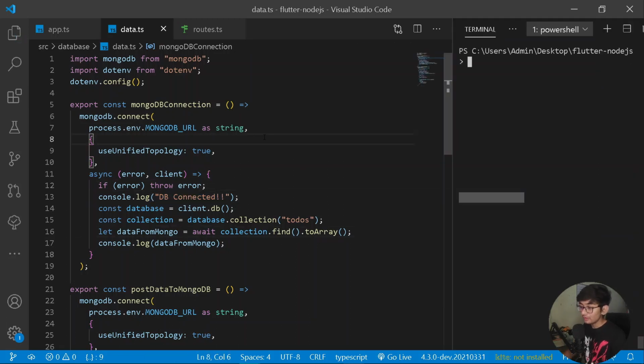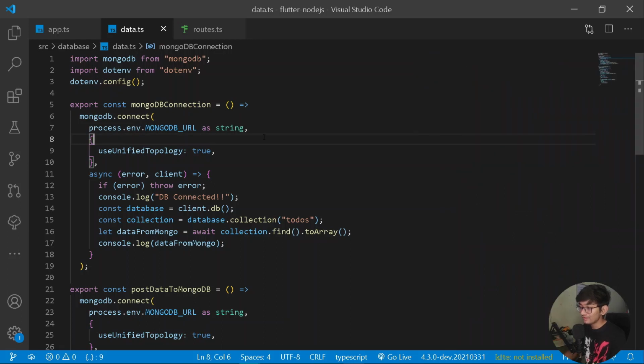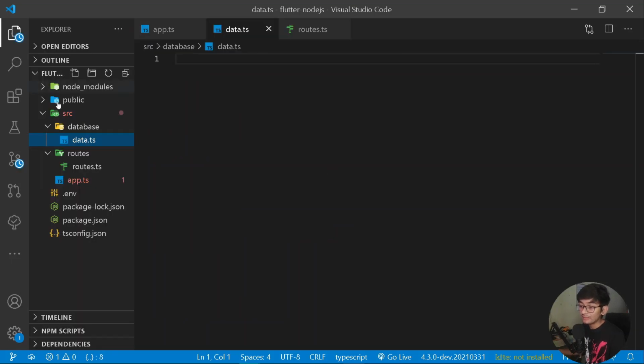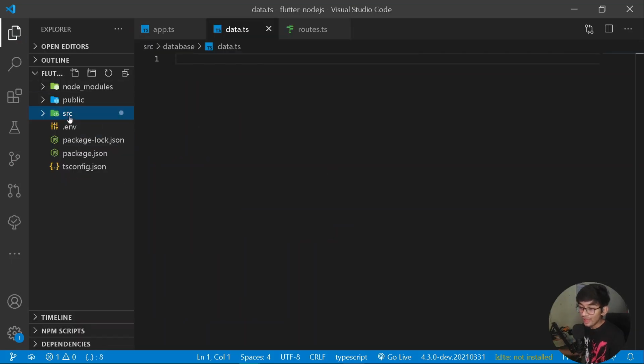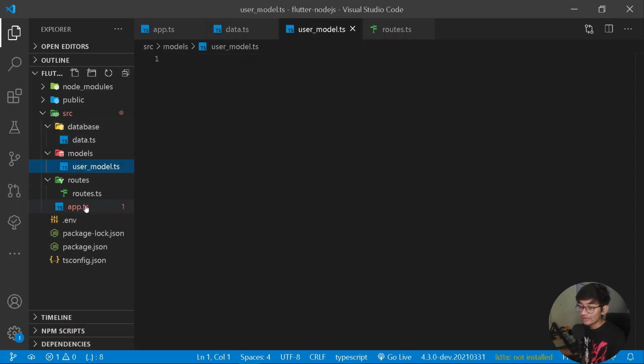So for that purpose, first of all, you can go onto our console and install a package known as Mongoose. Press enter and the package shall be automatically installed under your project. Alright, so once you have installed Mongoose, let's clear it. Now instead of having this file, I will be removing it completely, and the database file shall be our entire model. So here I will be creating one more folder called models, with a file called user model.ts. Press enter and now we are good to go.